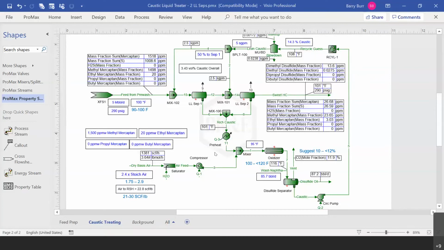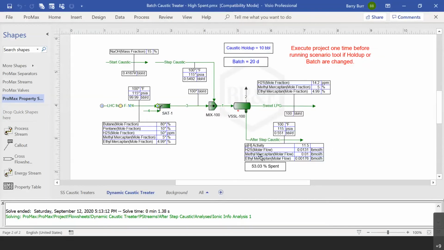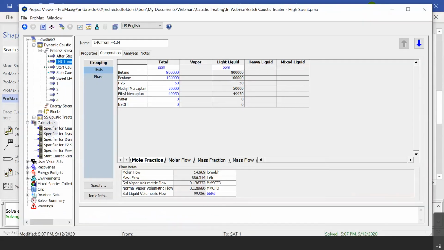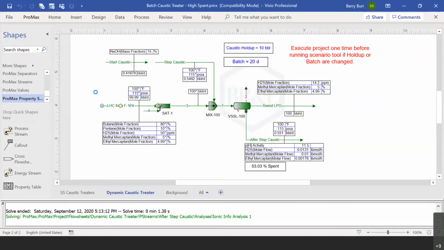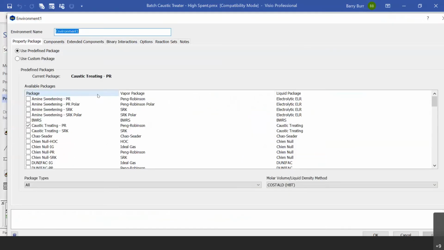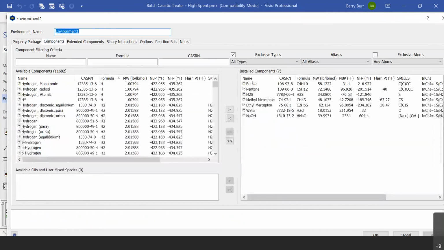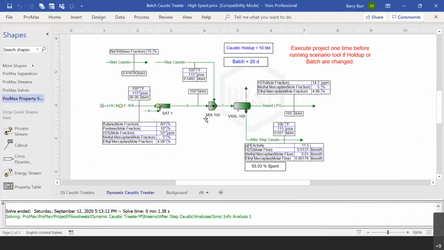Now proceed to the batch system. This is our simulation of basically a caustic pre-wash vessel. In this one, you still have to define your hydrocarbon composition, and that's going to change from system to system. So in your environment, you'll have to find what your hydrocarbon species distribution is, and put those species in here. And that's going to be more complicated in this model than it was for the